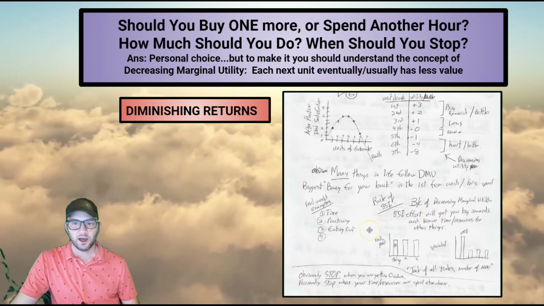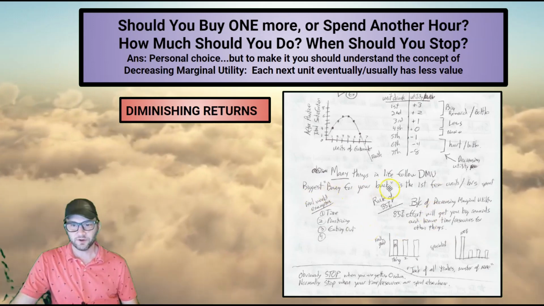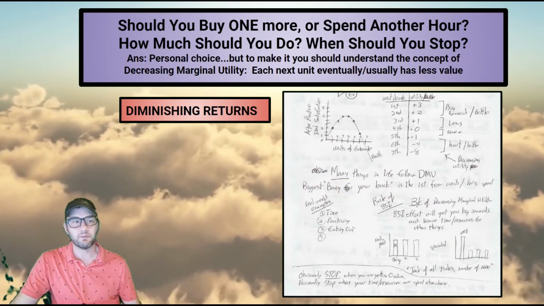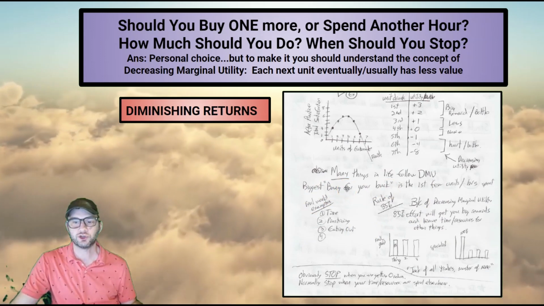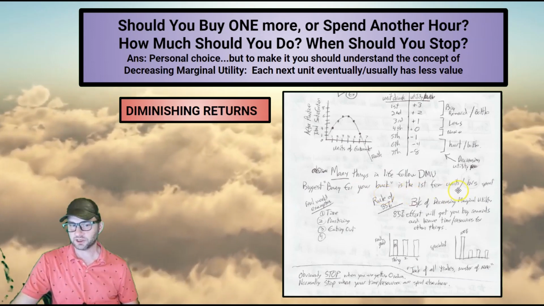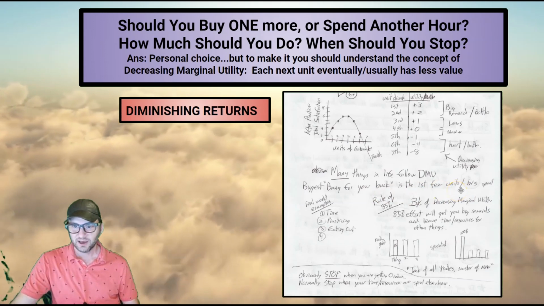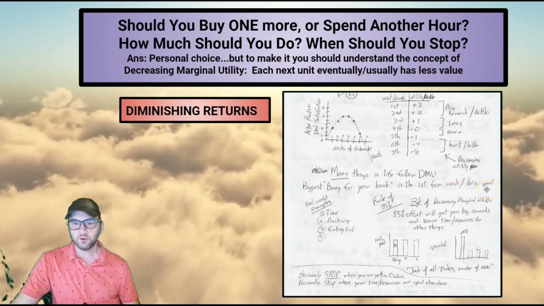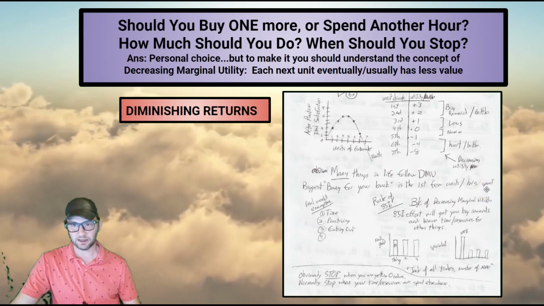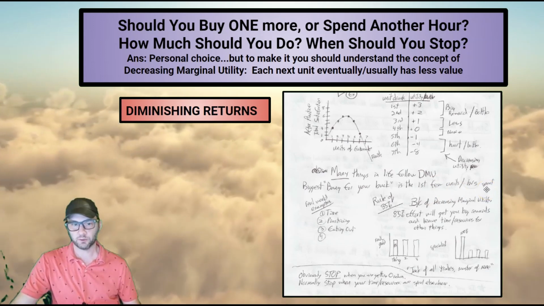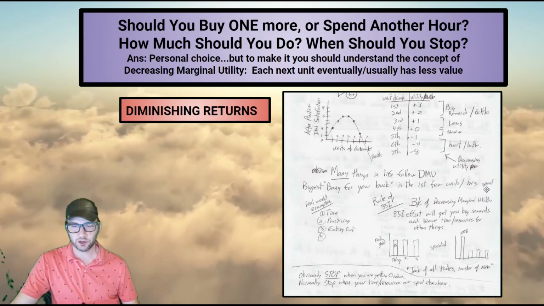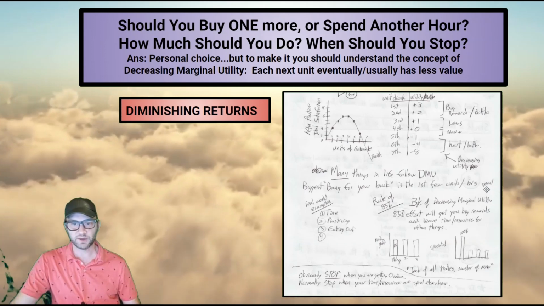We tend to think, how do you get the biggest bang for your buck? How much do you do or how much do you buy to get the most returns before you turn your resources and your time onto something else? And the answer is this. It's very simple. The first few units or the first few hours spent will give you the most returns. So do it for a little bit. Do it a few times and then move yourself onto something else per day or per week or per month. And as soon as you start thinking, I've done this a lot, you should start examining, is it really helping me towards my goals or not?